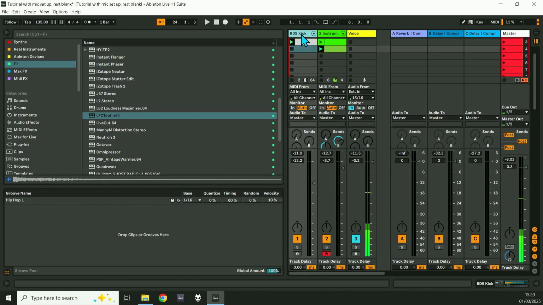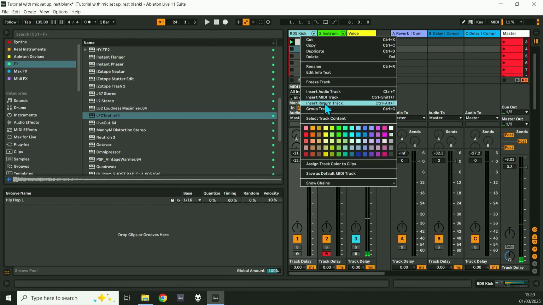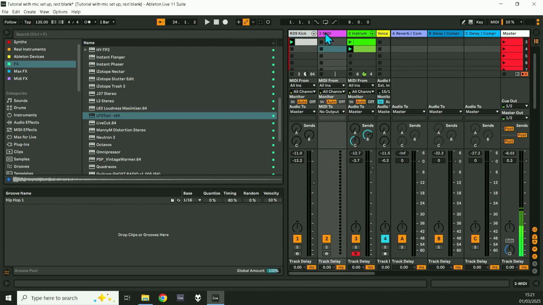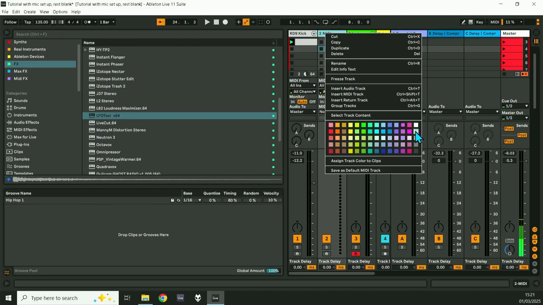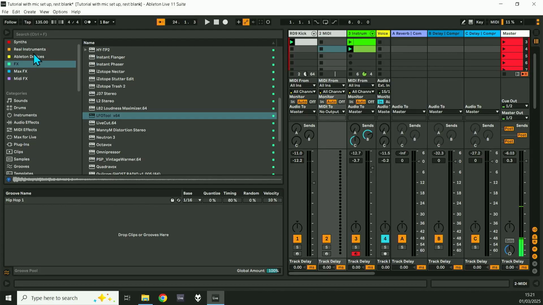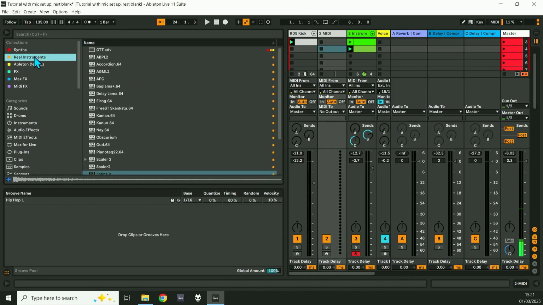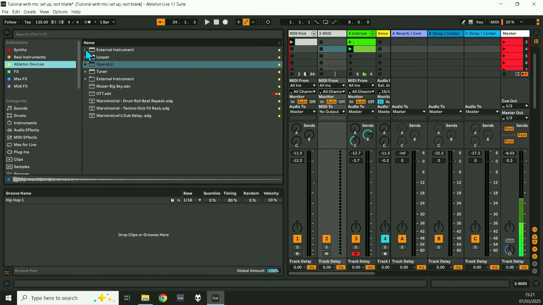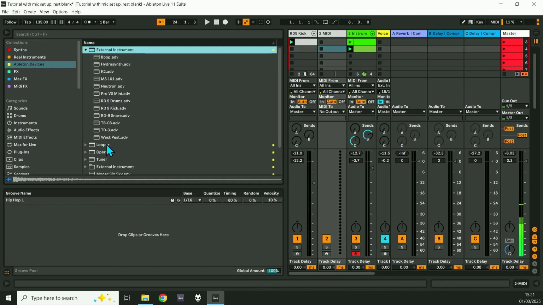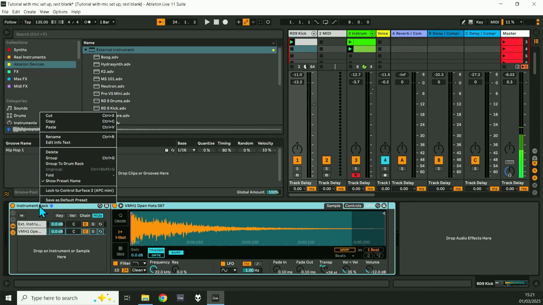So what about some extra percussion? So I'll insert MIDI track. I'll try to do that rather than doing a shortcut, so you can see what I'm doing. But I normally would go Control Shift T, and that inserts a new MIDI track. We'll make this one the same colour as the box again. I'm going to drop in, I've already got, in fact, you can do this as a good idea, Ableton devices. I've opened up External Instrument. You can see I've already got all these in here. Look, so I can just literally save something. So if I wanted to save that RD9 kick, I could call that